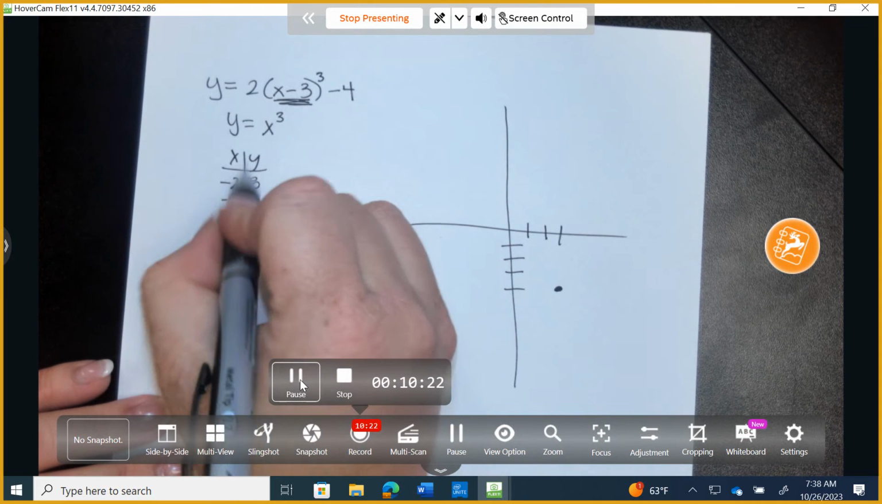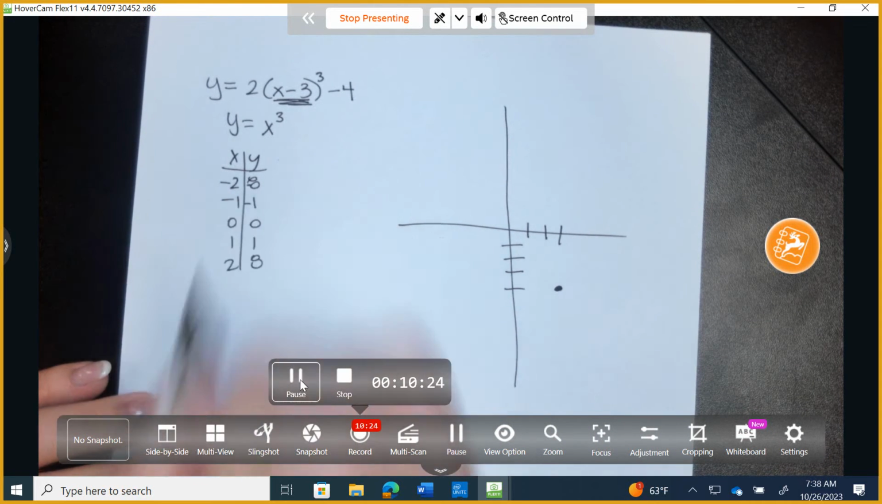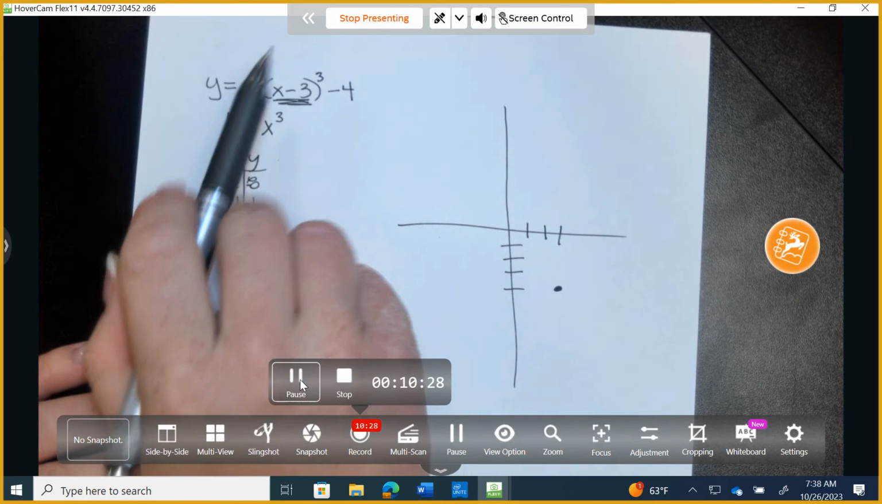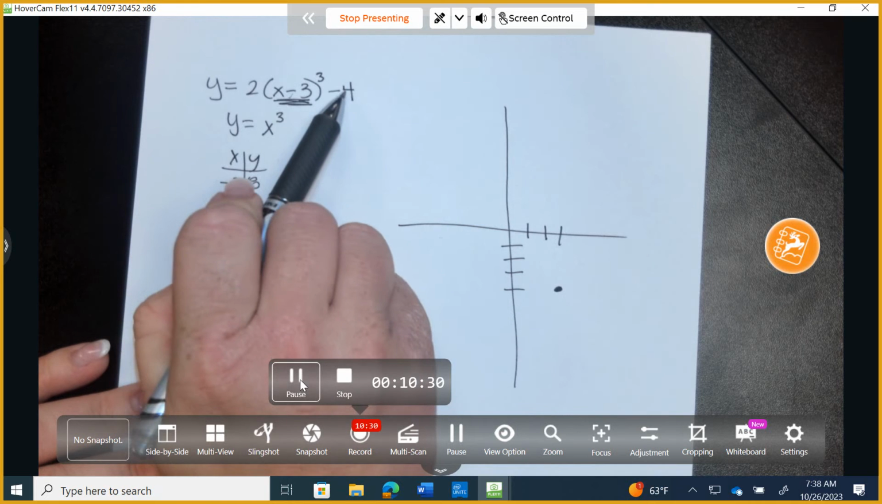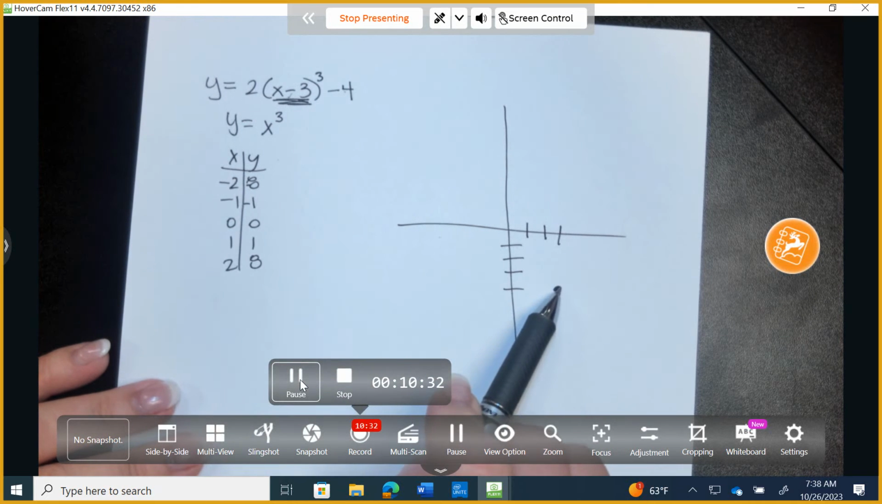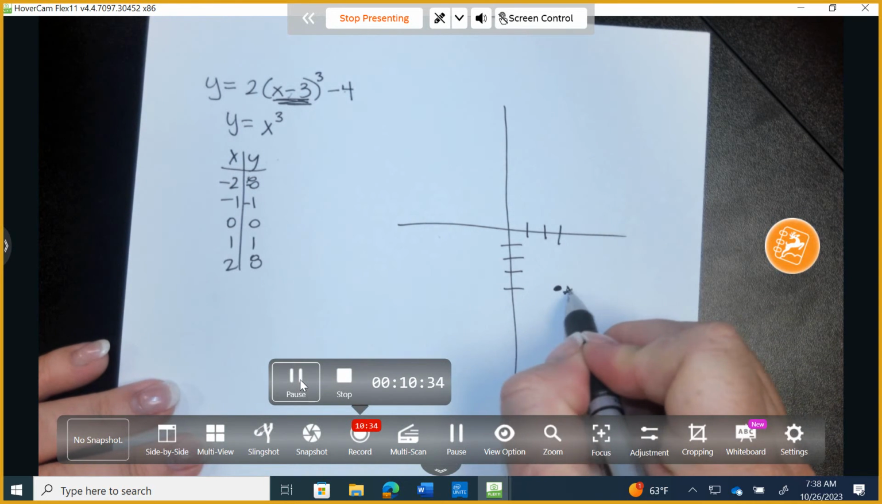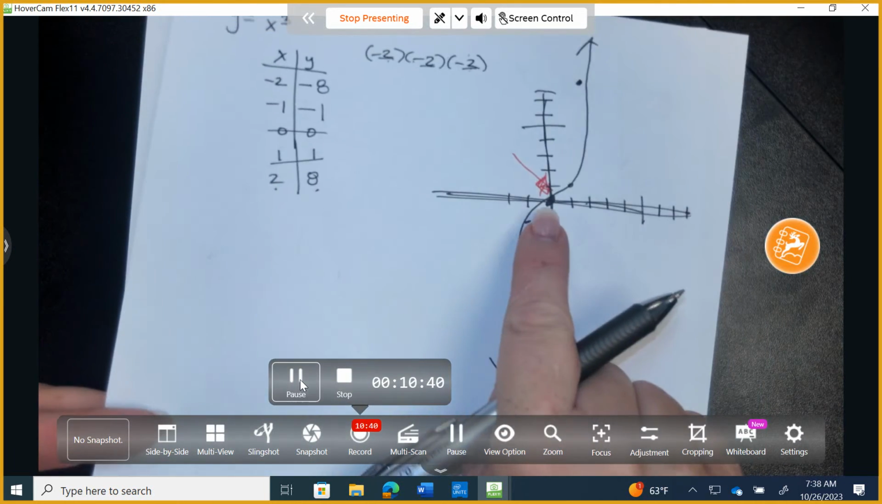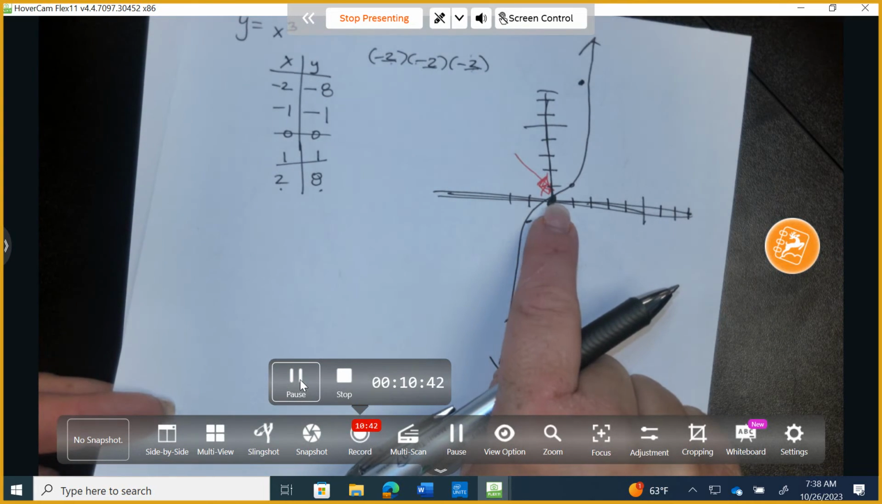Did I forget to put my negatives in here? Thank you. Okay, so I shifted it to the right 3 and down 4. Please, guys, put a little star here. And that's just so as we start here, we know this is the initial point that used to be at